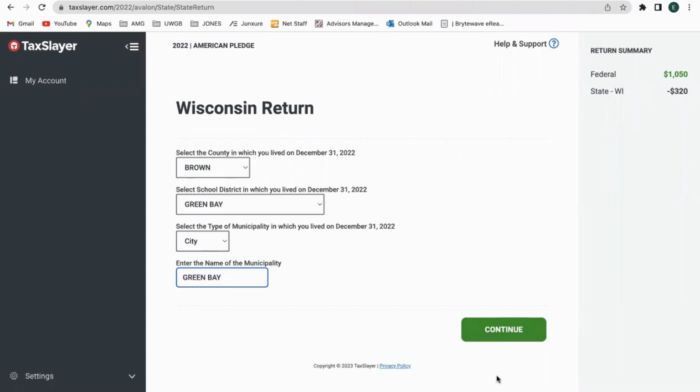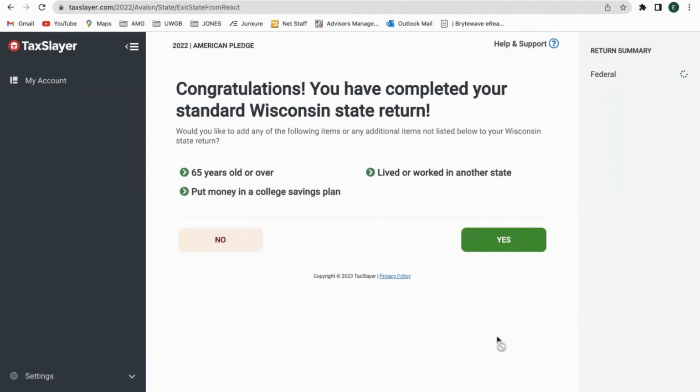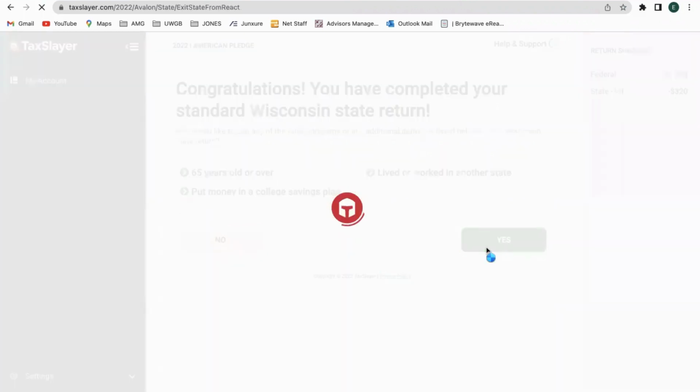All right, as I work through the Wisconsin return, a lot of times you do not really have to mess around with the Wisconsin return, because a lot of your information already automatically populates into it. It will ask you this question of where you live, what county you live in. So here it says, congratulations, you've already completed your standard Wisconsin return, which is great. So we do not have to mess around with it